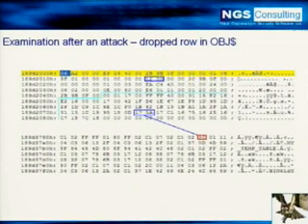So after we think we've been compromised, we open up the system DBF file and start going through each data block that is owned by this object ID here, which is the object ID for the obj$ table.